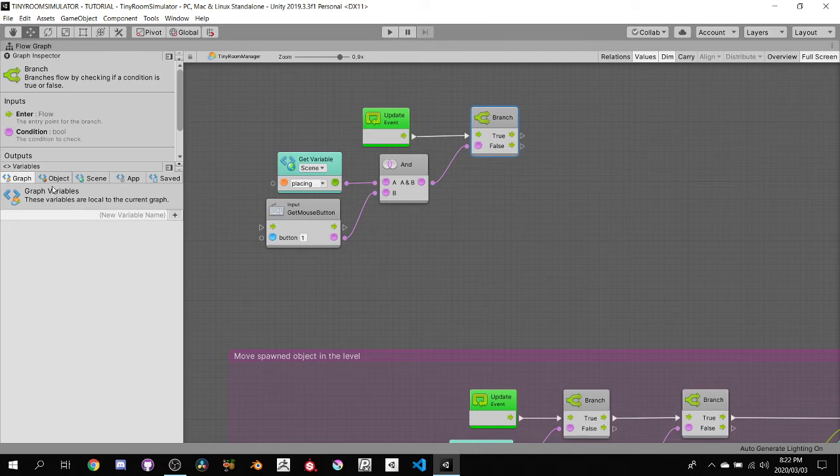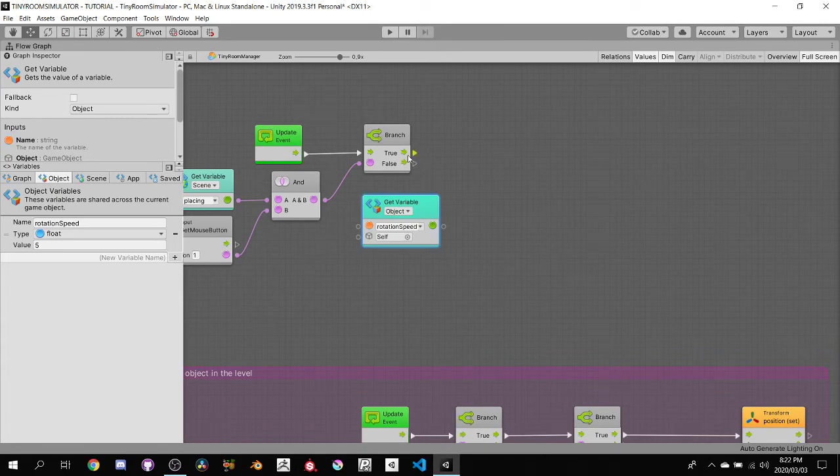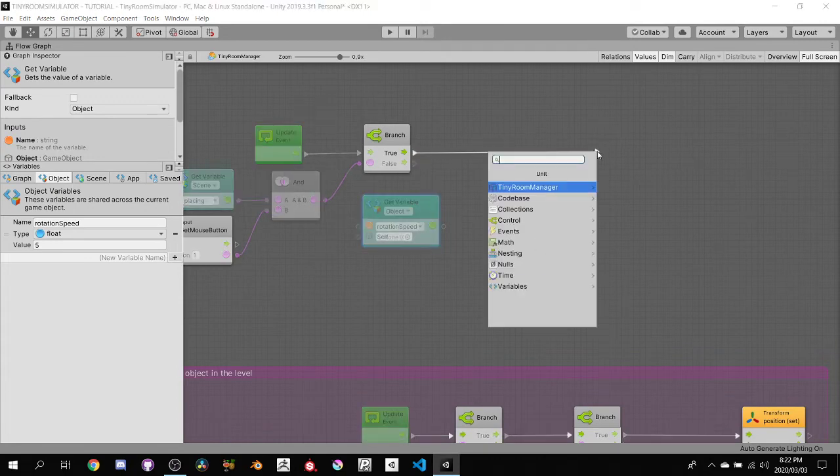So in order to rotate, I'm just going to add a new object variable here. Let's call this rotation speed. It's going to be a float. And by default, I'm going to set this value to be 5. So we are going to drag the speed in here. I'll show you what we're going to do with it. And if this is true, we're going to drag out and say